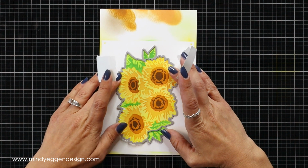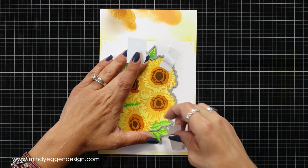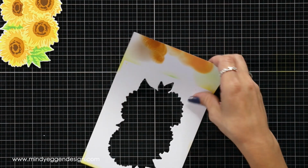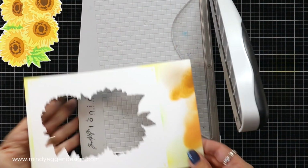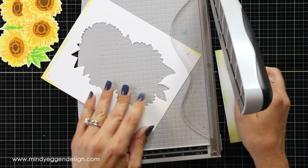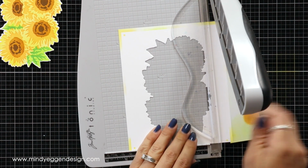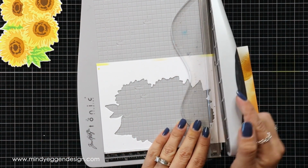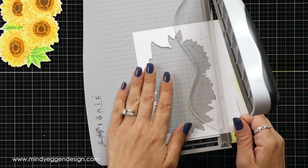great trick to do this, and that is by first die cutting our image out. Make sure you hang on to that negative piece. What we're going to do is take this over to our paper trimmer once we have our sunflowers die cut out, and I am just trimming this up. So I don't want to cut into that negative space. I'm just kind of narrowing down the area around it because I'm going to bring this over to my Misty